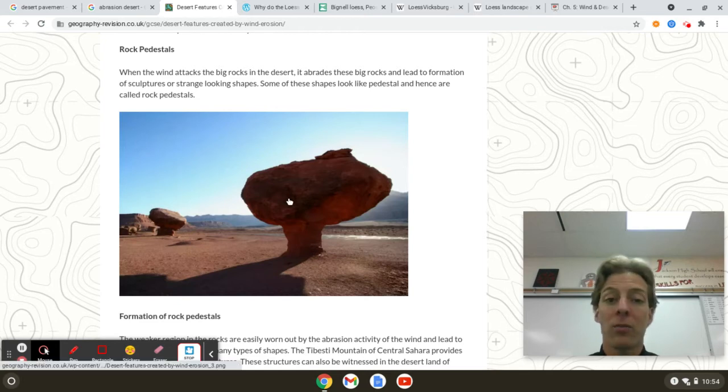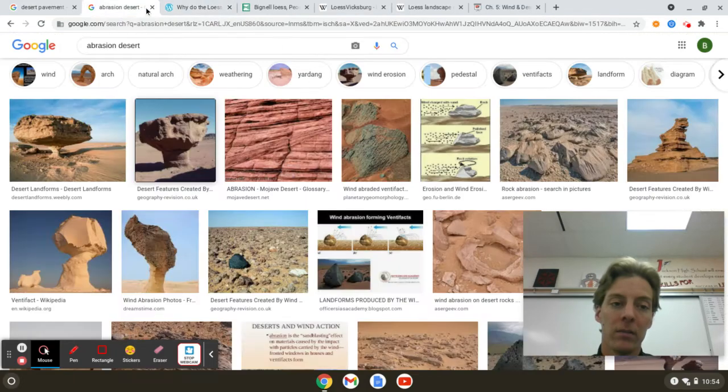The wind sandblasts the rock, but if this rock is not uniform in what it's made of, then the sand is going to take away the less dense rock, the softer rock, first. The other thing, the wind is stronger right here, right on the surface level, and that's why you get more erosion at the bottom in some of these things. All right.